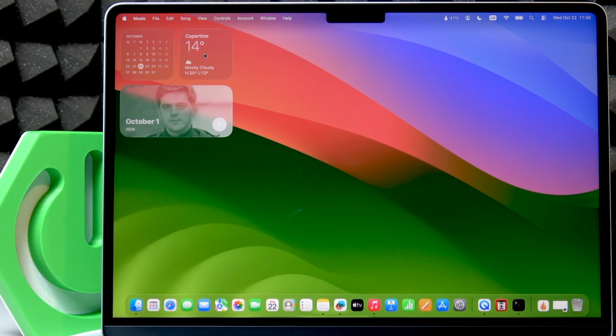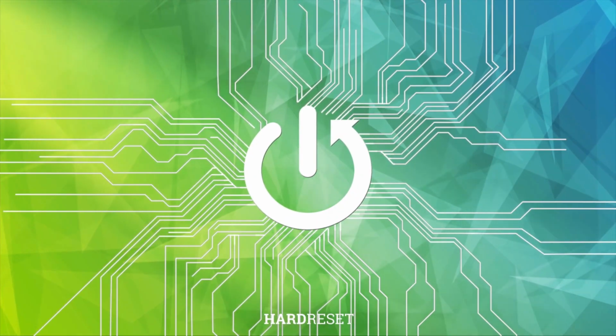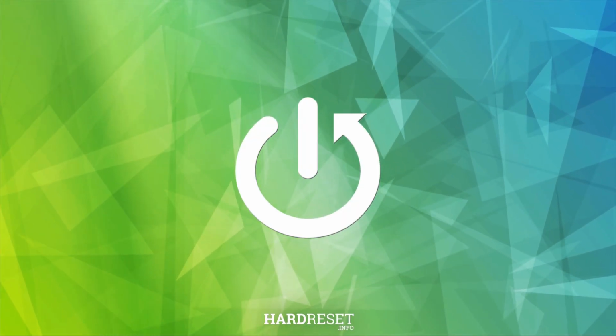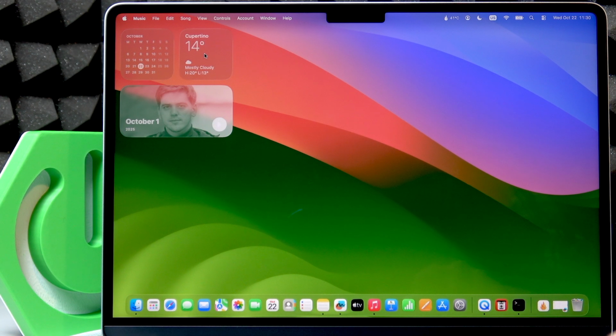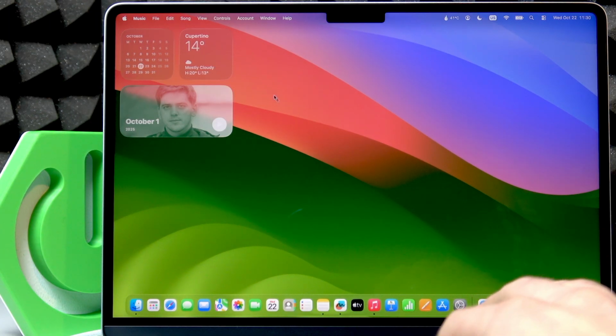Welcome. In this video I will show you how to put applications on full screen on MacBook Air M4. For example, let's open the music application,